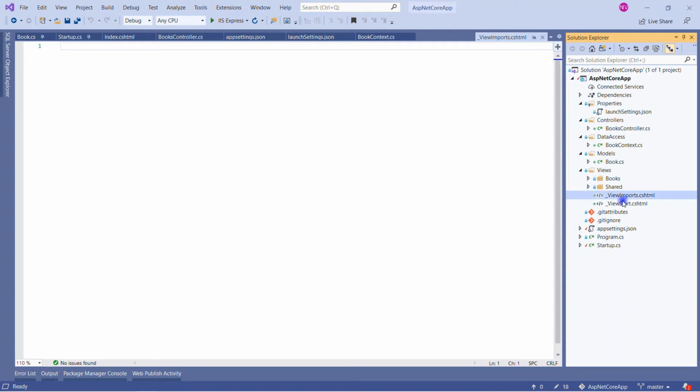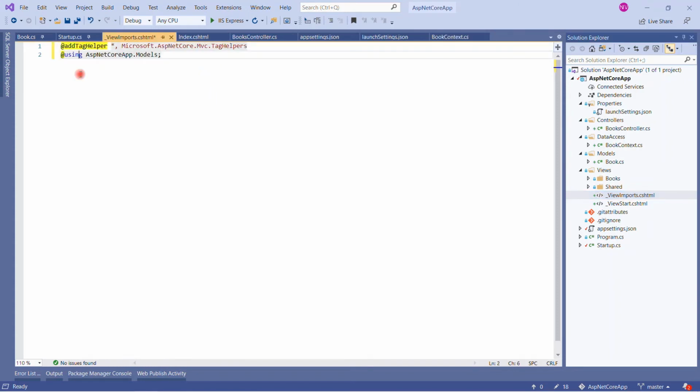Now we can see our view imports file is successfully added in the views. We can have it folder specific as well. What I mean is, you can create a specific one for the books controller, for the books views. I mean what you want to import for the books one, and suppose if we have an employee one, or any other one, in that case you can have it according to hierarchy as well. So what is required here, we will provide the reference of tag helper.